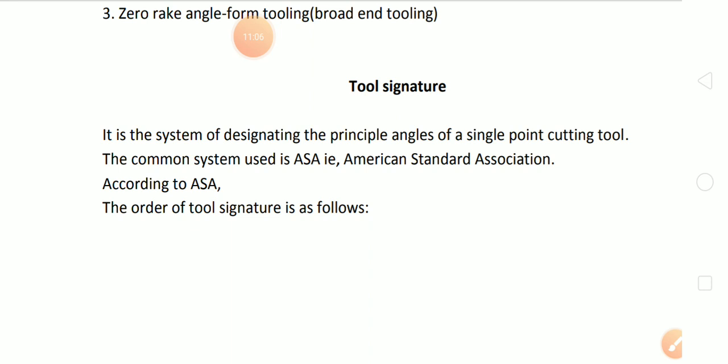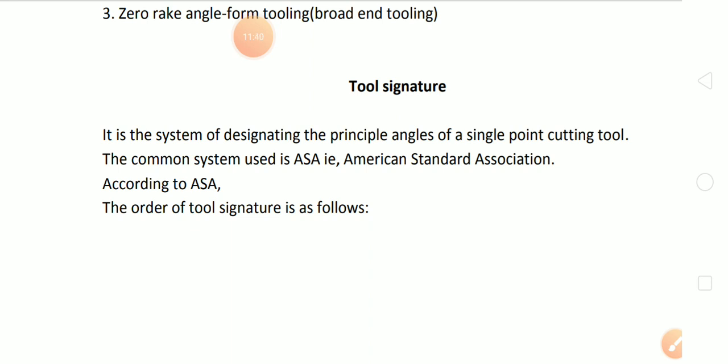Either I go to Gujarat and buy an 8 mm spanner, or I go to Tamil Nadu and buy an 8 mm spanner, both have the same purpose and same dimension. It will not change. So for providing universal tooling freedom, there is one standard association called ASA, and according to ASA, tool signature is